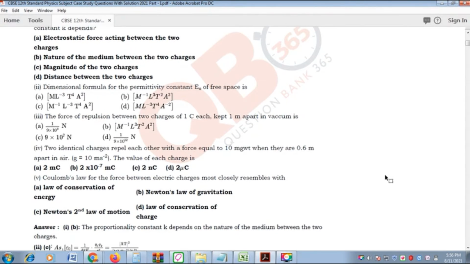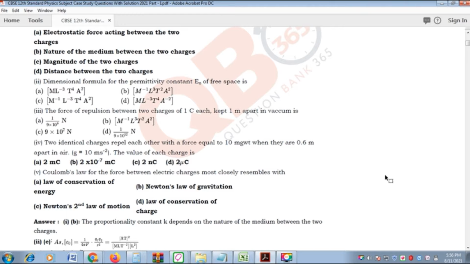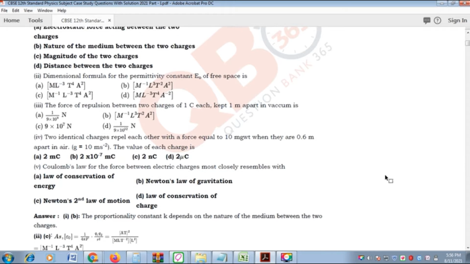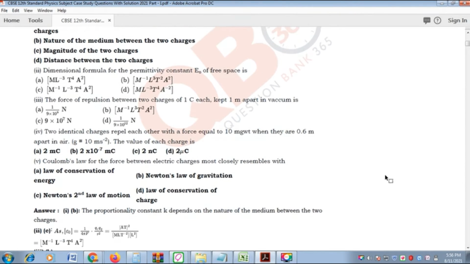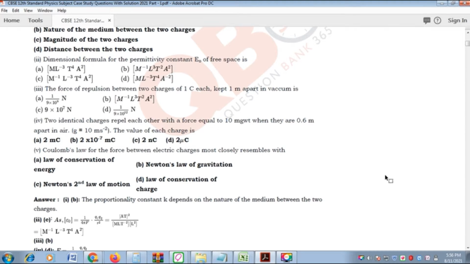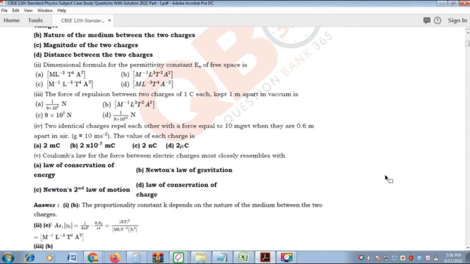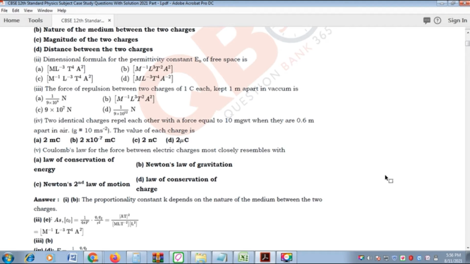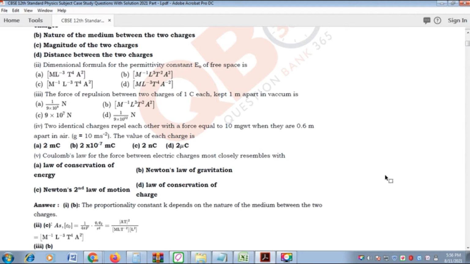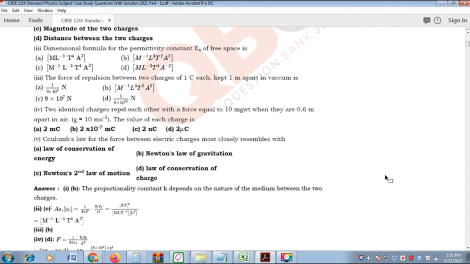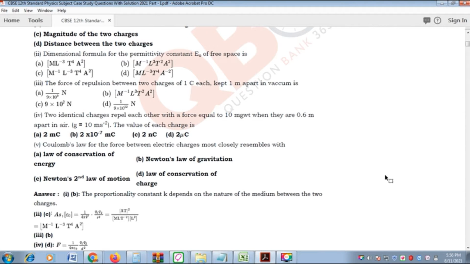They will ask 5 different questions, followed by the options. Below that, we provide the detailed solution for the above question. We provide everything. For the first question, the answer is B. The second one, the answer is C. The third one, the answer is B. You can take it as a 1 mark section, like an MCQ pattern.